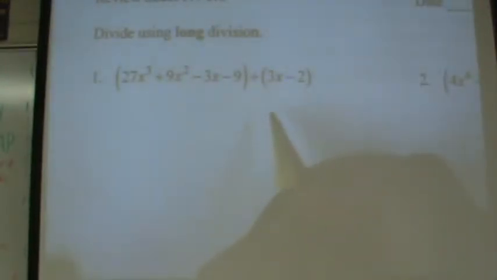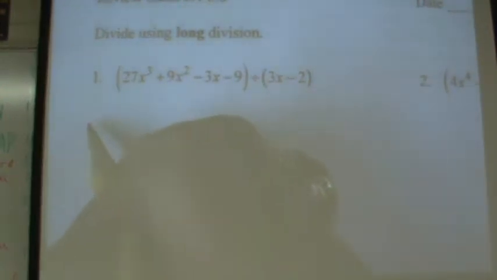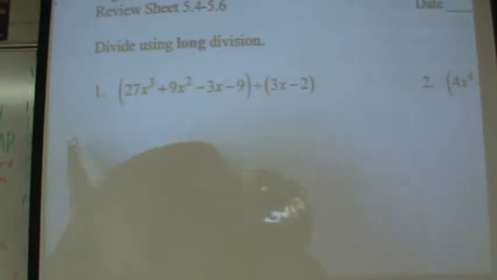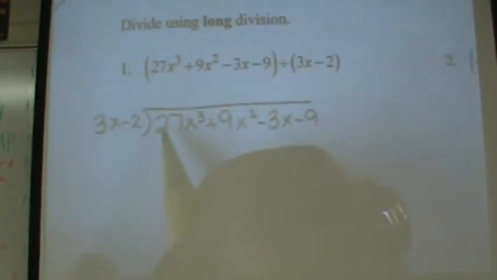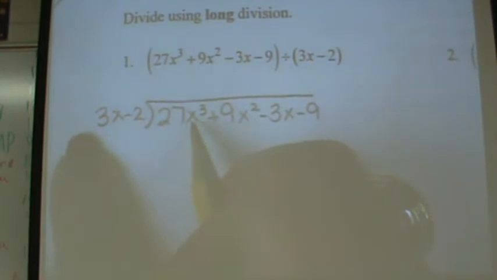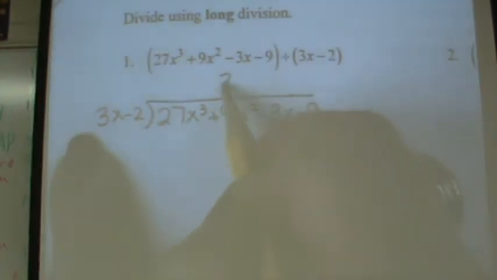So for question number 1, you have to use long division because the degree is 1, but the leading coefficient is 3. So you're going to put 3x minus 2 outside, that's your divisor, 27x cubed plus 9x squared minus 3x minus 9. Here's the process for long division. You want to get rid of 27x cubed. So you need